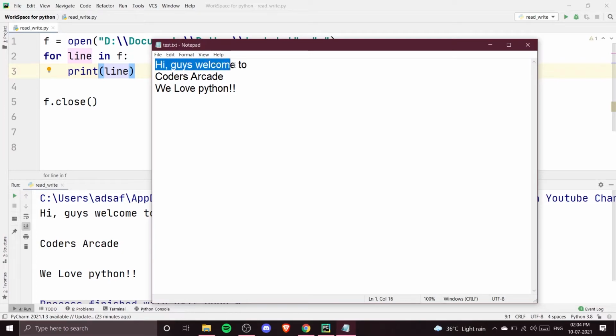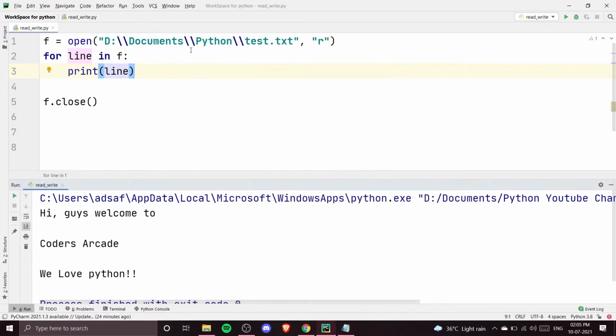Now let's see how we can count the number of words in each line. If we count the number of words, Python will think that this is one whole word, because it is also going to include all these white spaces. I want to separate each and every word from the white spaces. I'm not going to count the white spaces, and I'm going to separate each word from another word. How can we do that? There's a function called split.